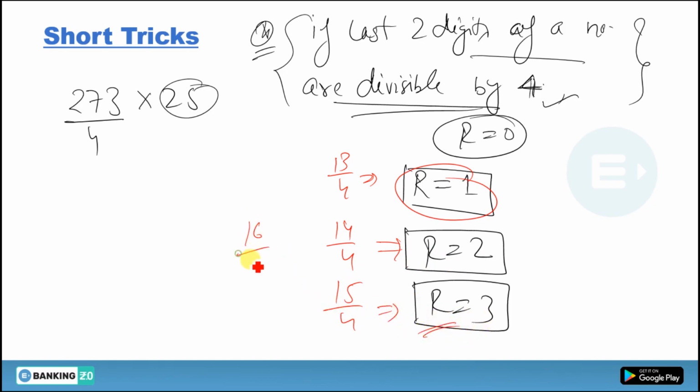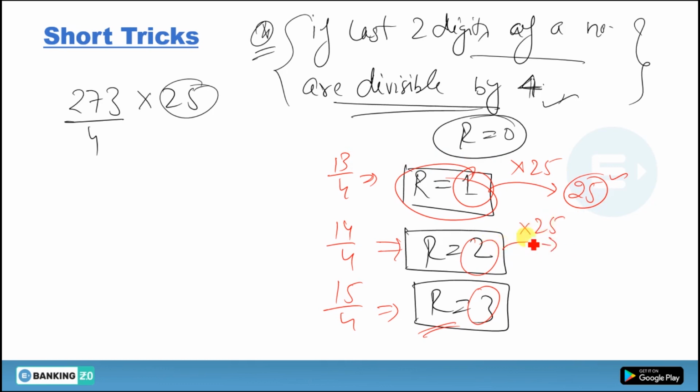But now if you divide 16 by 4, you are getting remainder 0, because this one is completely divisible by 4. So that's why I am saying you have only 3 options in the remainder. What are those options? 1, 2 and 3. So if you are getting remainder 1, 2 or 3 after dividing any number by 4, then just multiply that remainder by 25. If the remainder is 1, multiply 1 by 25, what are you getting? 25, and thus just use that 25 in the question.